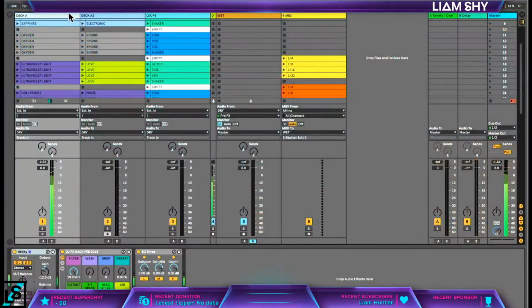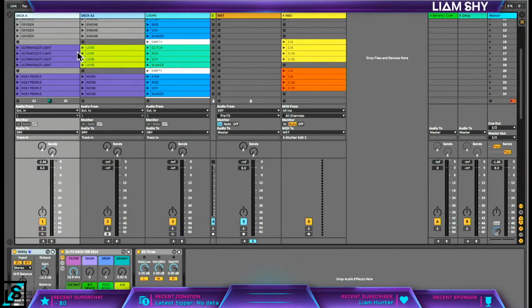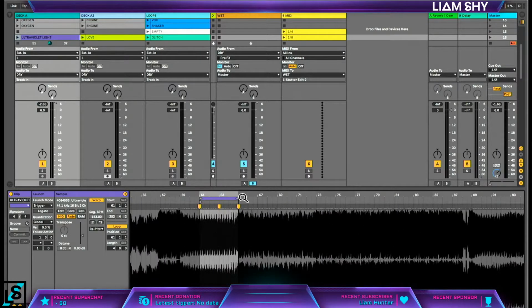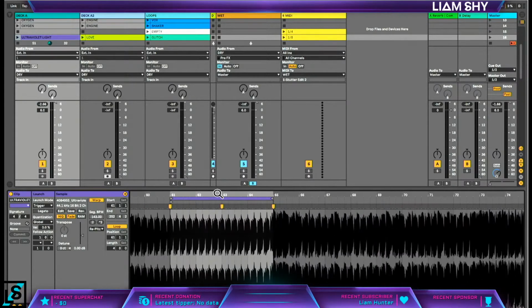So back to the DAW. And here, I'll just explain how this is set up really quick. This is kind of like a Psytrance DJ set that I would do in Ableton Live. In terms of the routing, I've got DJ tracks just broken up into loops and sections. So I've got intro loops and outro loops, and then I can drop into the